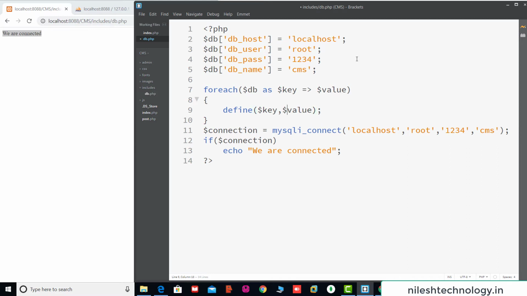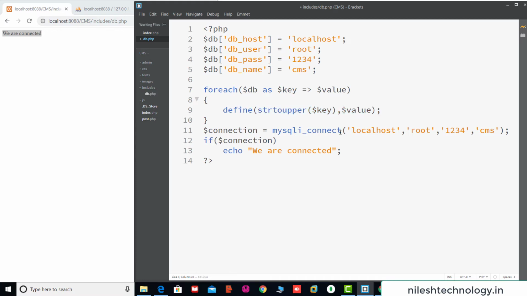Okay, now we convert all these keys into uppercase. So here we use the built-in string function strtoupper to convert this into uppercase, and make all these variables constants.